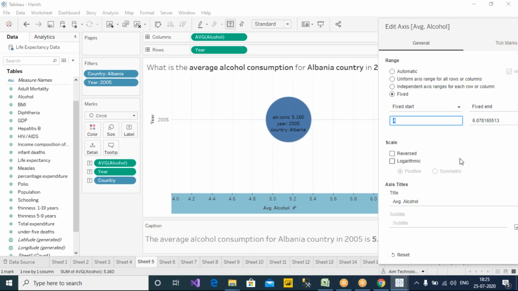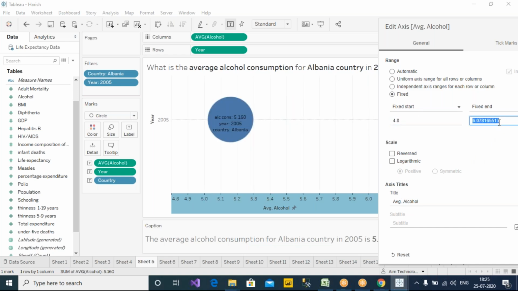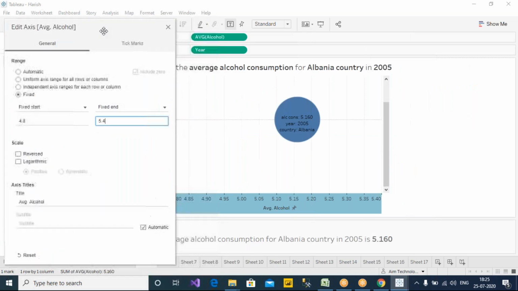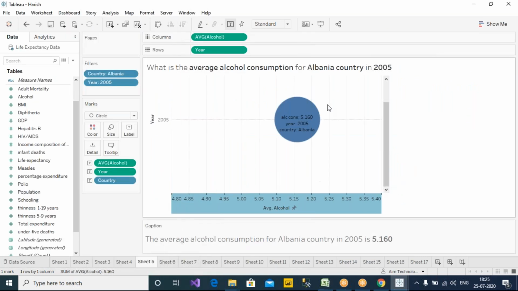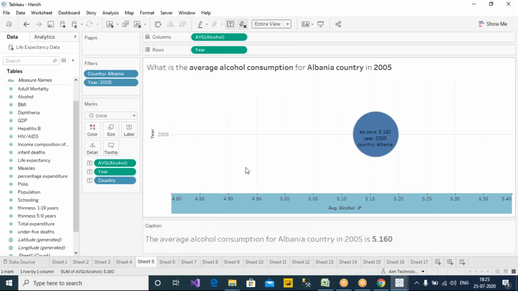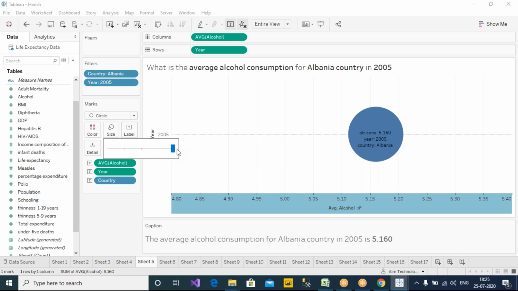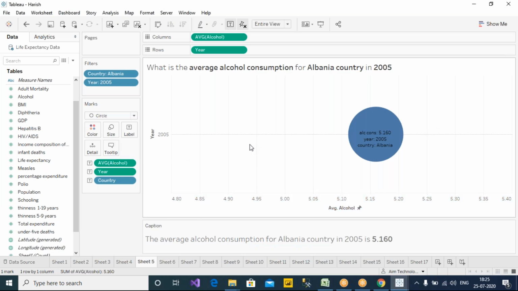Okay, so let's say 4.8 and 5.4. So it's still trying to adjust itself. And oh, you kept already the maximum one here. Yes, sir. So we can't do much here because we can reduce the scale, but it is automatically adding the